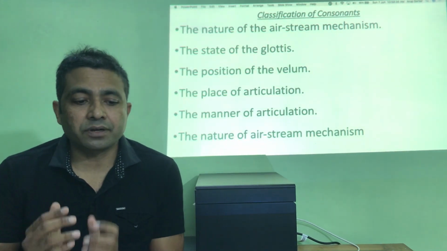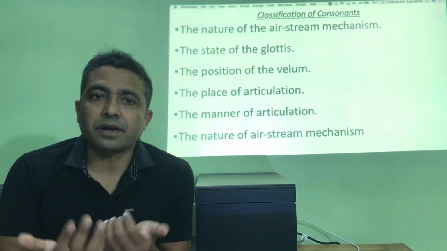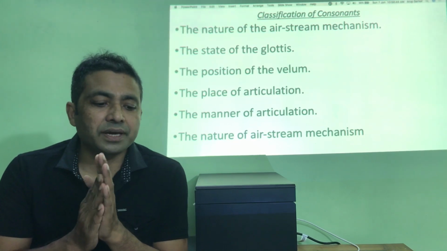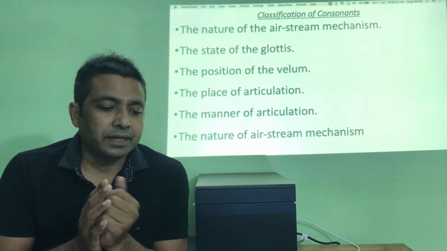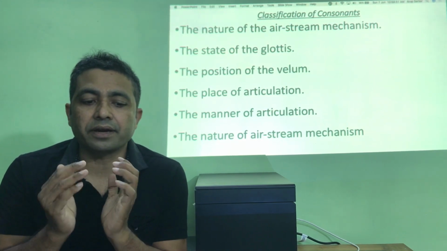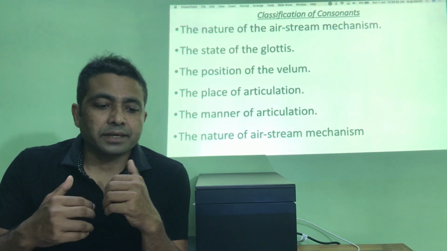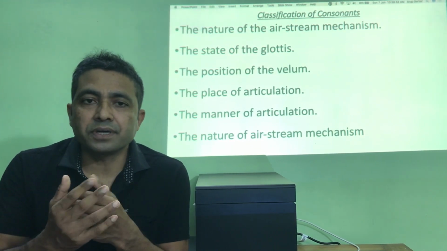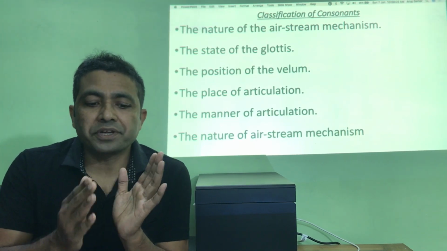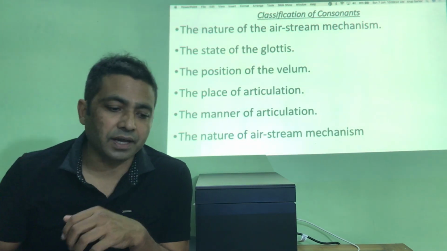Now, how are the consonant sounds classified? How do you describe a consonant sound? To describe a consonant sound, we have some criteria. First, the airstream mechanism, the flow of the air. The airstream mechanism of all the RP phonemes is pulmonic egressive. I told you earlier as well, pulmonic egressive, since the air comes out of the lungs.